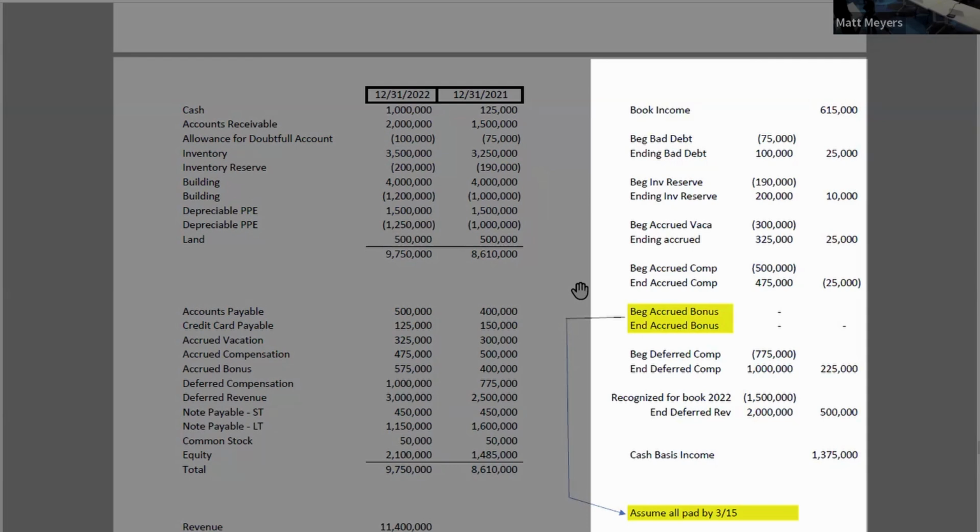Yep. And then it looks like we're doing the same thing with the inventory reserve. Yep. And then, yeah, same thing down to the deferred comp we're doing. Okay, but let's talk about